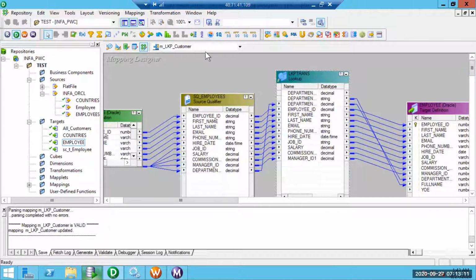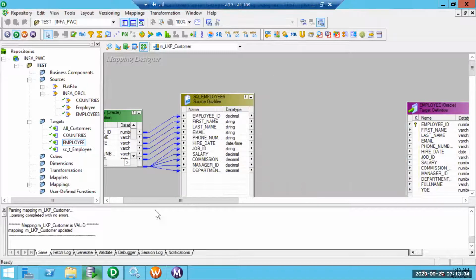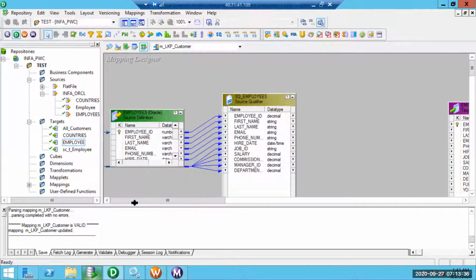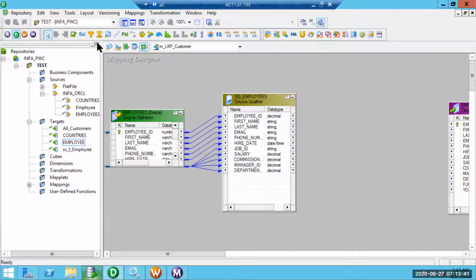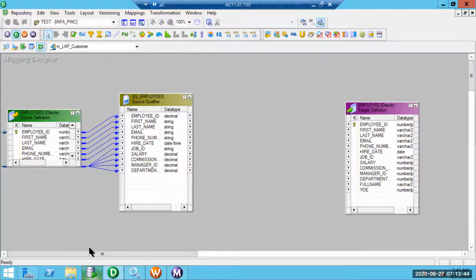So in the last session, we have seen various ways in which lookup transformations can be configured. We are left with one important topic, as in how to make use of the unconnected lookup transformation. Usually all the transformations are connected, so how can we make use of lookup as an unconnected transformation? That is something we did not go through in the last session, so we are going to cover that in the current session.